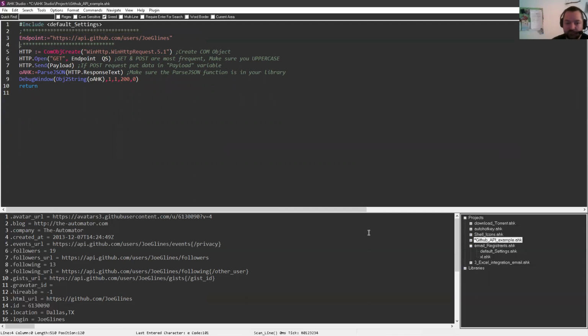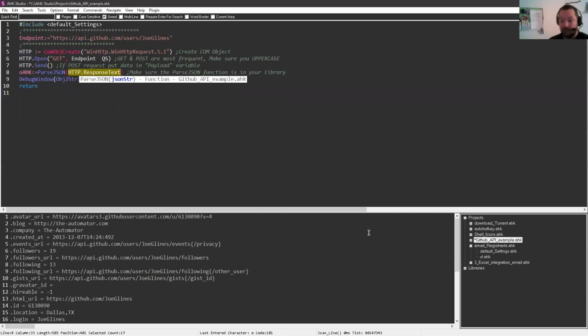It really depends on what you need to do with it, and you're parsing the JSON, that's a line, but if you just needed a specific value, you could probably use InStr or split. You could use all kinds of different things to actually get values out of the JSON.